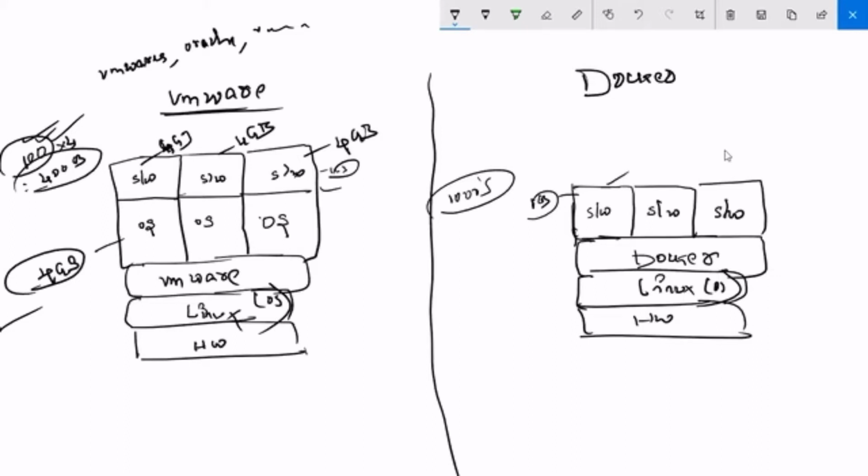The main differences are no pre-allocation of RAM, which means we are not wasting RAM, and no OS, which means very, very little space.